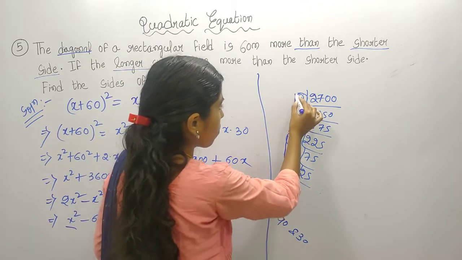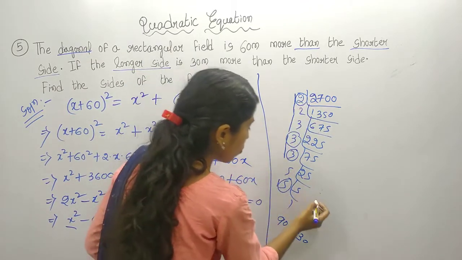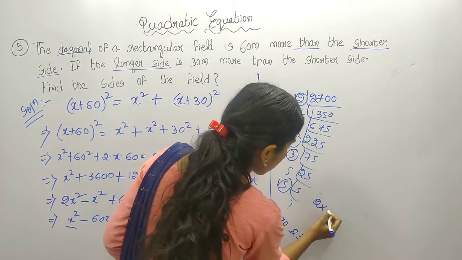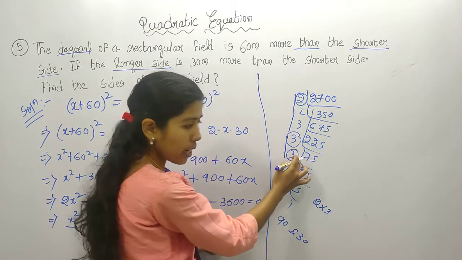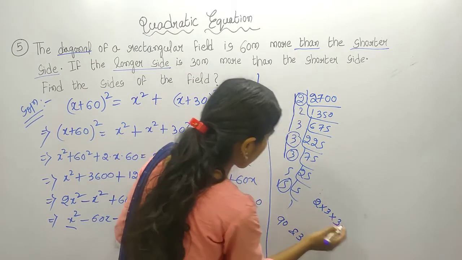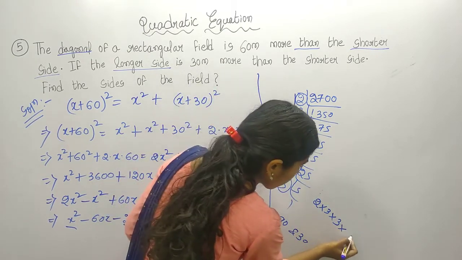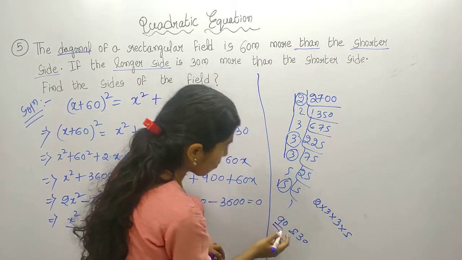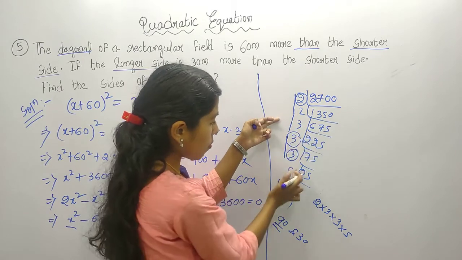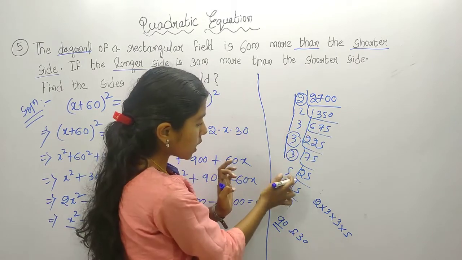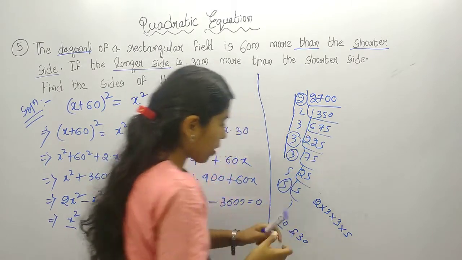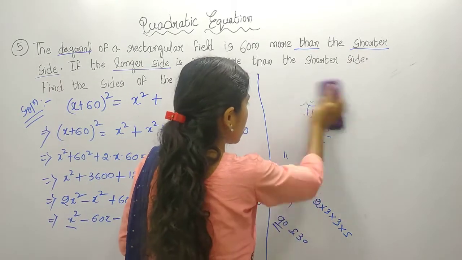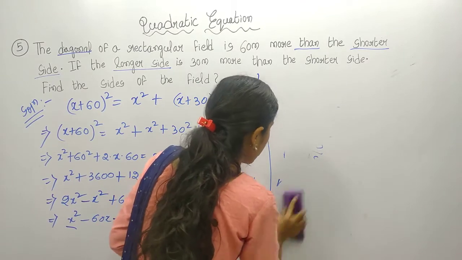So you see, from these 2s we took 1 two. From the 3s, there are three 3s, so we took 2 threes. Again from the two 5s we took 1 five. So 2 3 6, 6 3 18, 18 5 90. Rest are 2, 3 and 5, so 2 into 3 is 6, 6 into 5 is 30. So I am explaining how you will factorize it. You see how I have done this with 2700.